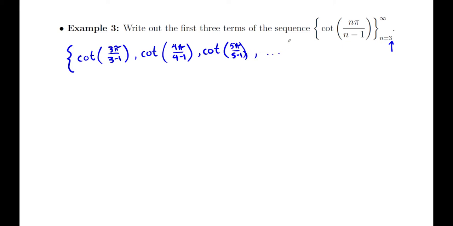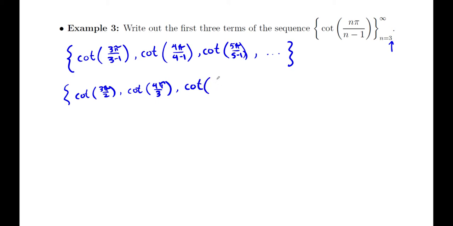And then it's going to go on from there. Okay, so let's try to make some sense out of this. That's, of course, just the cotangent of 3 pi over 2, the cotangent of 4 pi over 3, and hopefully you're remembering your trig well enough to remember that these